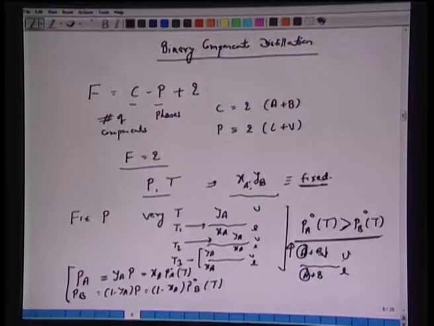So, fix this P and T, fixing pressure and temperature. We know the vapor pressures of A and B, and we have two unknowns, XA and YA, to calculate from these two equations. So, that is the meaning of degree of freedom. Once we fix the pressure and temperature, the mole fractions of A and B are fixed in both phases. Take it to the second tray where the temperature is different, and you achieve a different degree of separation. Generally a distillation column runs at a fixed pressure: fix P, vary T1, T2, T3. For every T1 there is XA1, YA1, XA2, YA2.